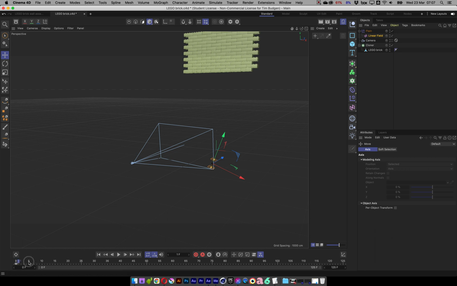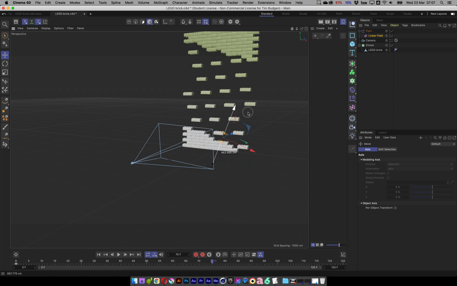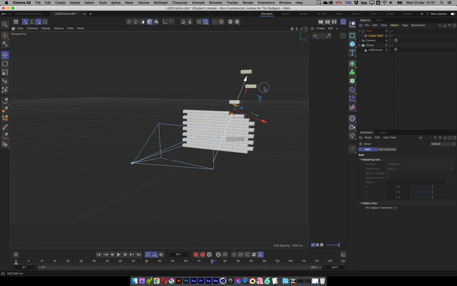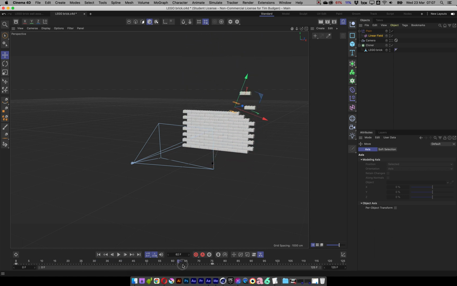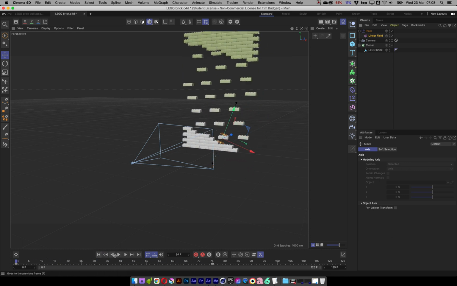I'm going to go forward to frame 75, which is 3 seconds for me. I use 25 frames a second. And at frame 75, let's drag this up until all the bricks have completely assembled. There we go, and then we'll set another keyframe there. So I've got a keyframe at 0, another one at 75. At 0, my field is down here. Over those 3 seconds, it moves upwards. So if I just hit play, rewind and play,